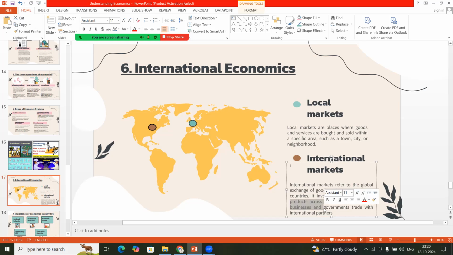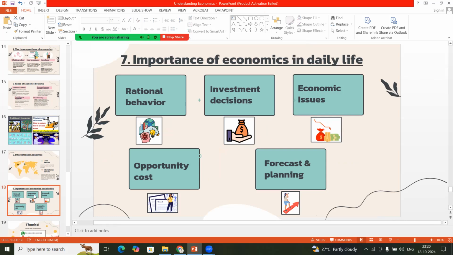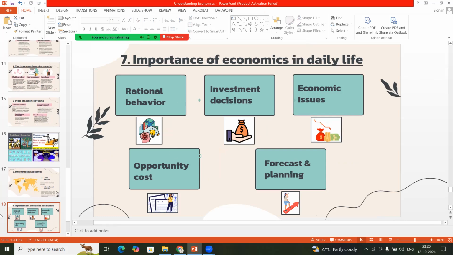So international currency is good as compared to Indian currency. So if we export the goods and services outside, we can get good value. We will try to establish our products, to sell and market our products in the international or global economy, which will fetch us good money. Now, the last point: what is the importance of economics in daily life?